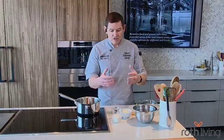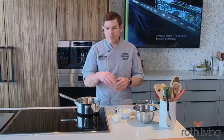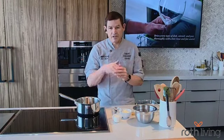Most importantly, let's just remember that the single most important ingredient in any truffle is going to be the chocolate. So you're going to want to make sure that you take the time to go out and source some really good dark chocolate. I would recommend something that is at least 60% cacao. You'll see that printed right on the label, but you definitely want to make sure that you're using chocolate that is 60% cacao content or greater, right? So depending on how bitter you would like it, obviously the greater the amount of cacao, the more bitter the